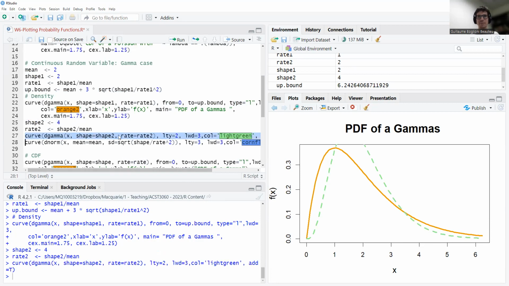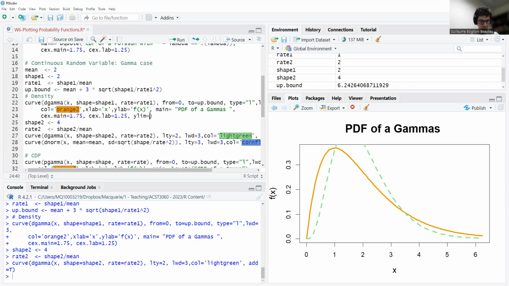Okay, now you see, you don't see the top because it doesn't adapt the range. It's just going to pick the range of this one. Now, to fix this, because I do want to see the top of this other density, there's an argument in curve and also in plot, which is xlim and ylim, but here it's ylim, basically telling R explicitly what's the range in which it should plot